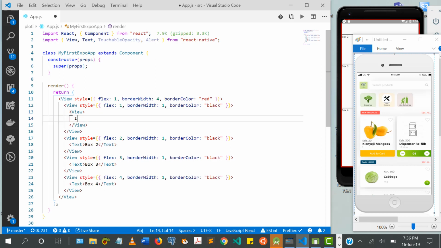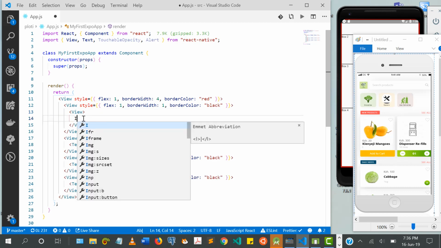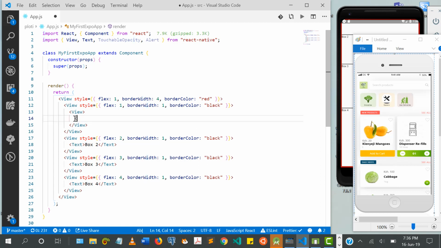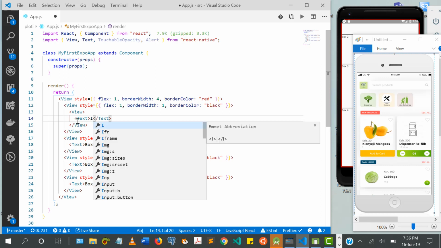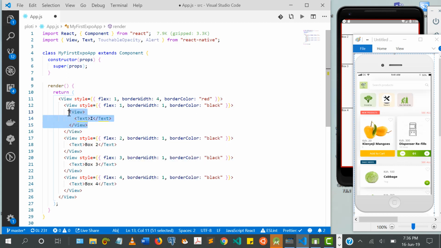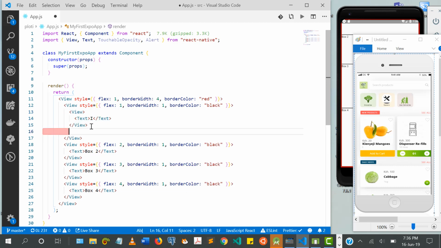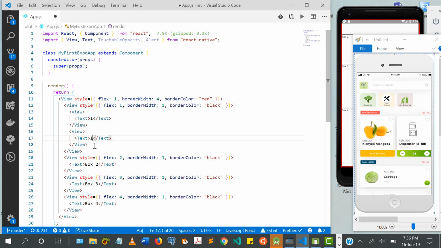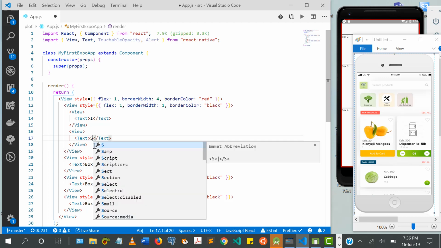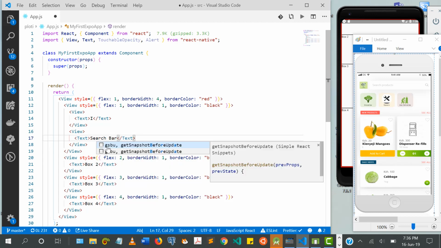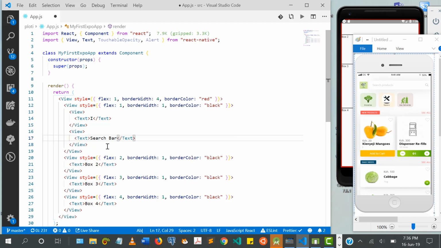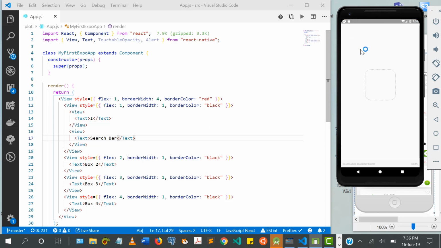And this one I'm going to say I for icon. I'm going to put a text actually so that we see. I'm going to put capital I, and I'm going to put another view, and this will be text search bar. So if I do it that way,